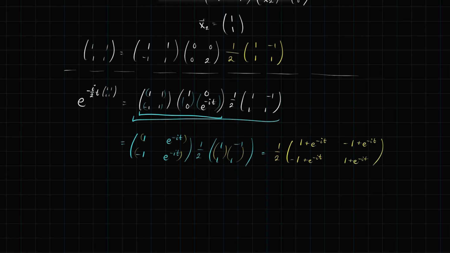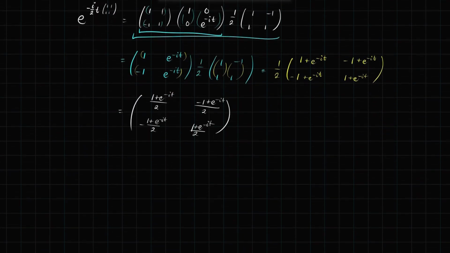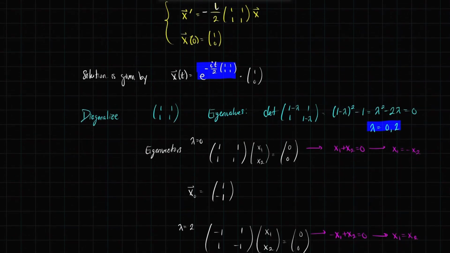I can distribute the 1/2 to the inside, and I end up with 1 plus e to the minus it over 2, negative 1 plus e to the minus it over 2, negative 1 plus e to the minus it over 2, and 1 plus e to the minus it over 2. So this is the matrix exponential, and we know our solution is the matrix exponential acting on the vector 1, 0,